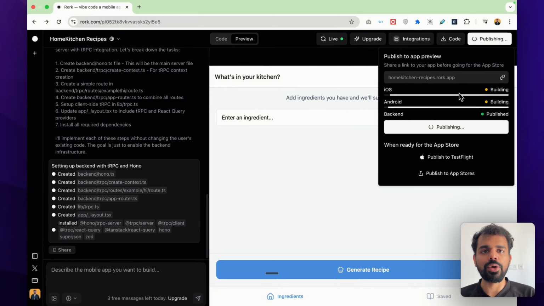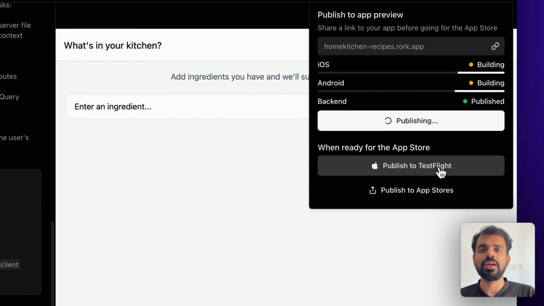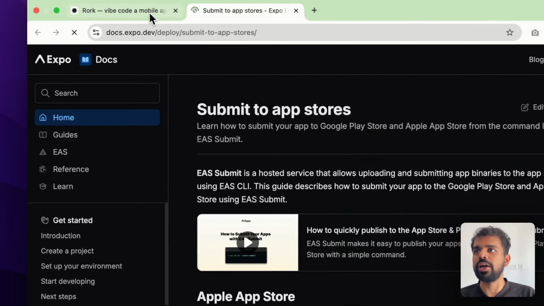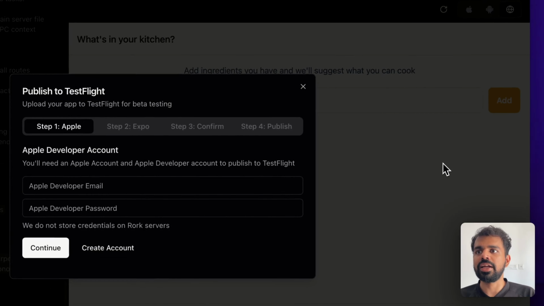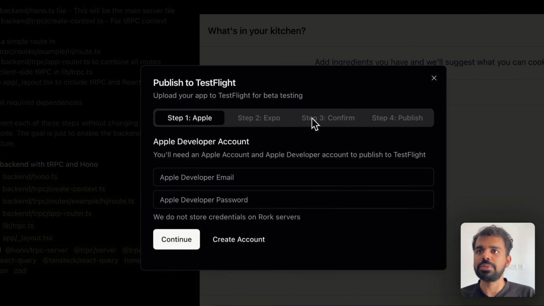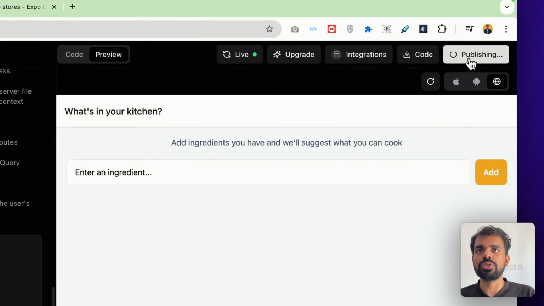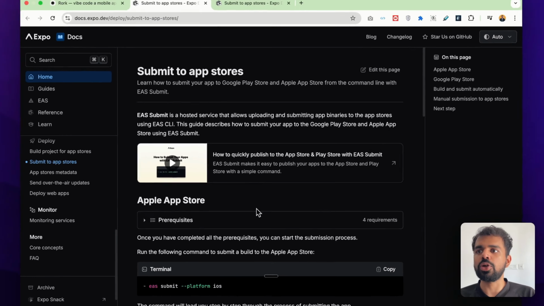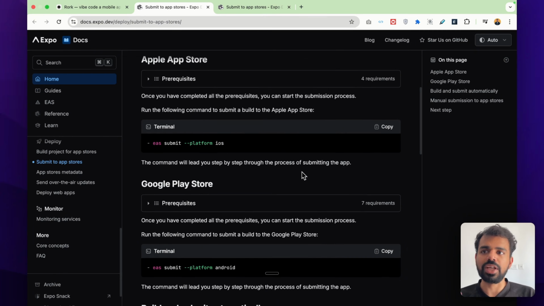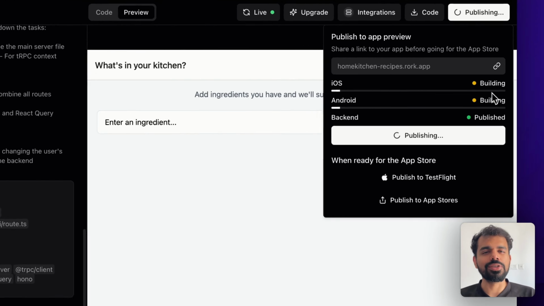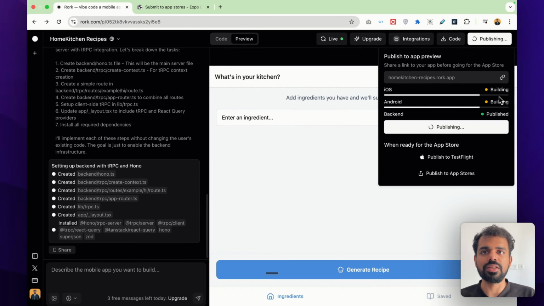And once that is published and you're done testing it, then you can also push it directly to the Apple App Store and the Google Play Store. When you click on this link over here for publishing it to Apple, you will see these 4 steps here where you have to add your Apple developer account at the start. And when you choose the other option of pushing it to app stores, then you will be redirected to this documentation page where it will give you steps on how to do this. I'm expecting the publishing part to also get better with time. They can also build out native integration for pushing this app directly on the Play Store or the App Store.